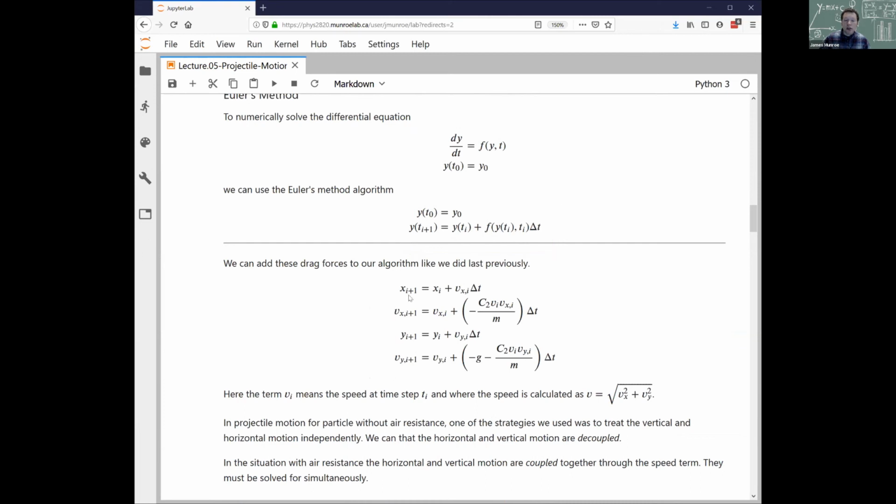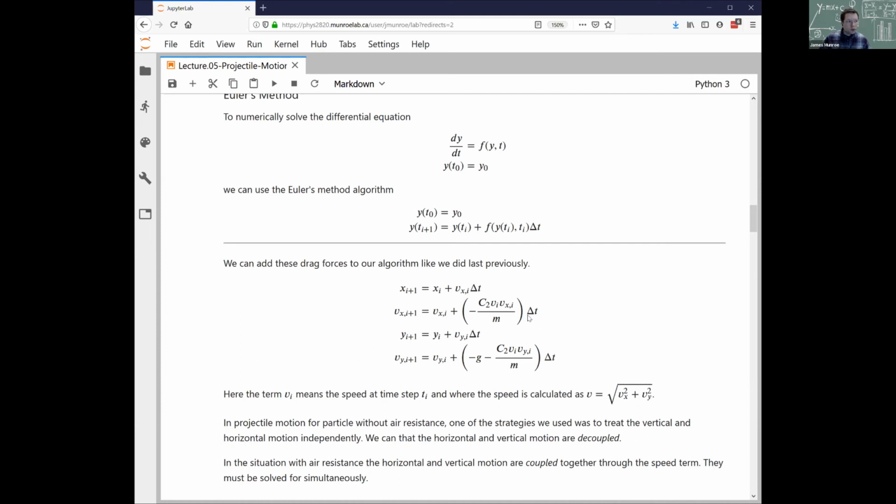So what we write is, to figure out the new position in the horizontal coordinate, it's equal to the old position plus the derivative of the position with respect to time. That's velocity times delta t. To figure out the new velocity in the horizontal direction, the new velocity at the next time equals the velocity at the old time plus the derivative of velocity with respect to time. That's an acceleration